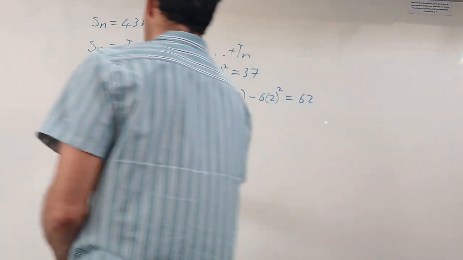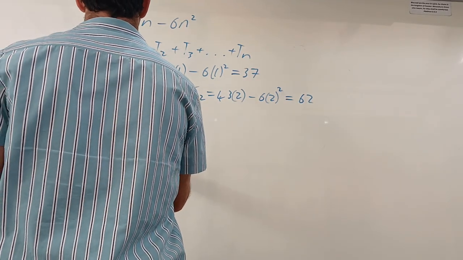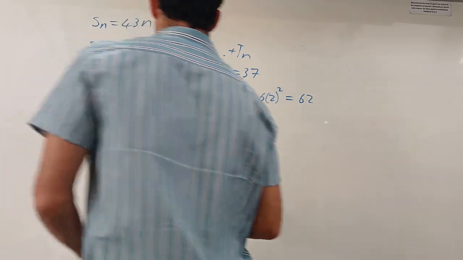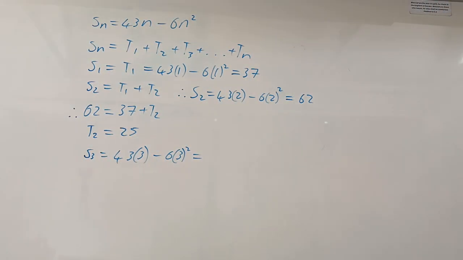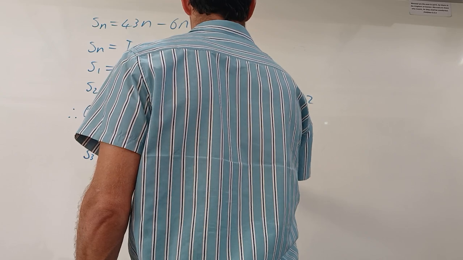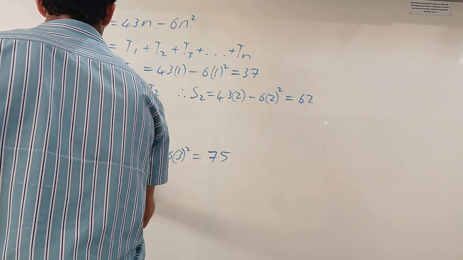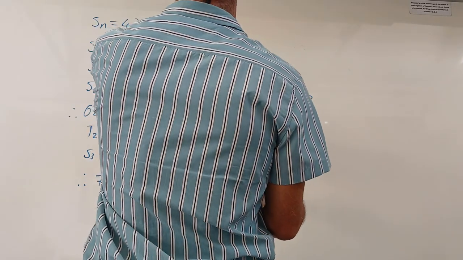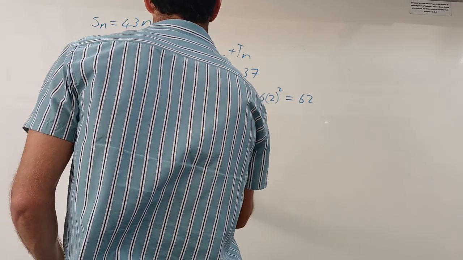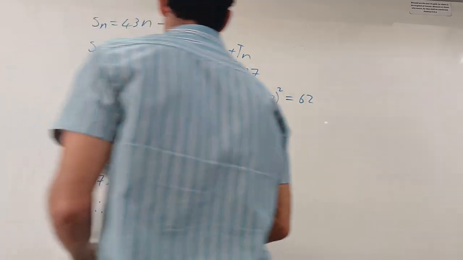And now you can find S3. Now you can say S3 would be 43. You can check for us. What is that? 43 times 3 minus 6 times 3 squared. That's 75. So the sum of the first three terms, that means we can say therefore 75 is equal to term 1, 37, plus term 2, 25, plus term 3. Therefore term 3 will be,